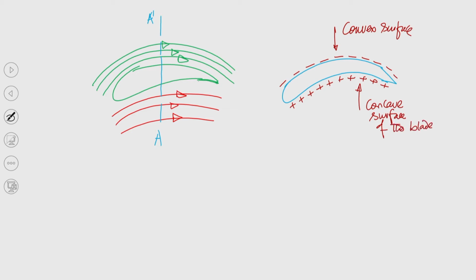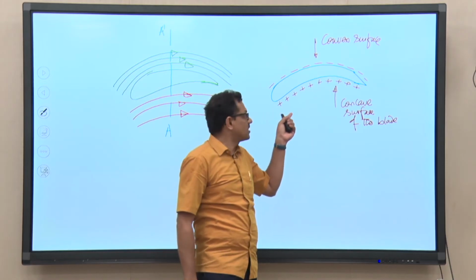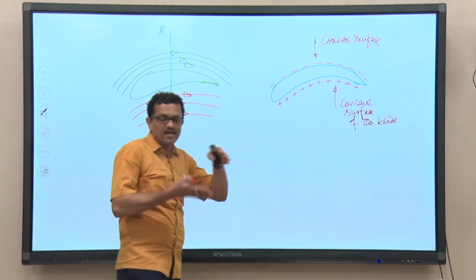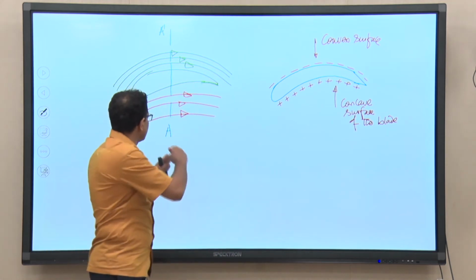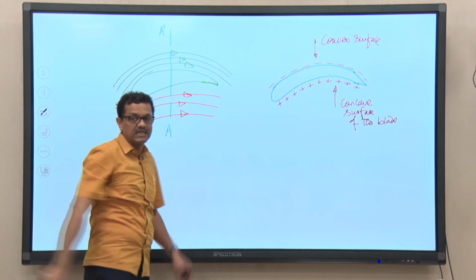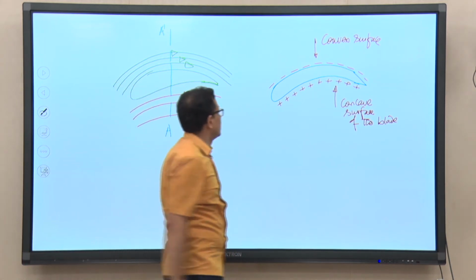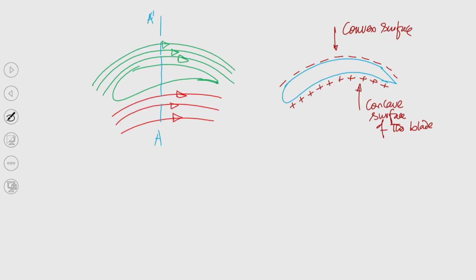Okay. Now, you can see that due to the geometrical structure of the blade itself, when the flow is approaching an isolated airfoil, we have a pressure difference across the blade. That means, if we traverse from this location to that location, we have a pressure gradient. Because of this pressure difference, a force will be acting, because pressure is acting over this area. So, the pressure multiplied by the area is nothing but force,